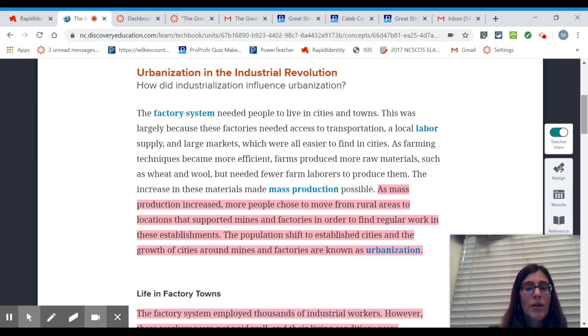All right, so we talked about the factory production system already, and the mass production. Of course, the goods were being made much faster by the machines than by the man. And so as this mass production idea increased, more people chose to move out of the country into the cities, looking for work. And so this population shift, we have already discussed this word in great depth, is known